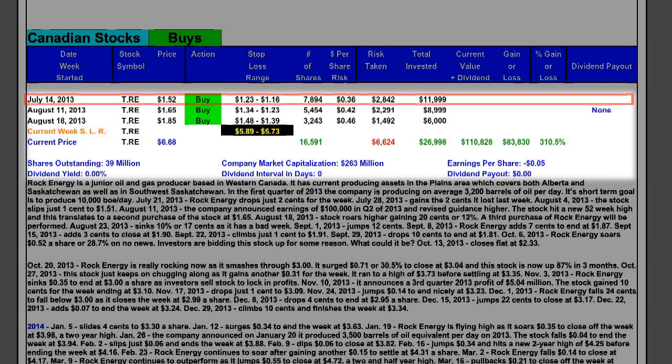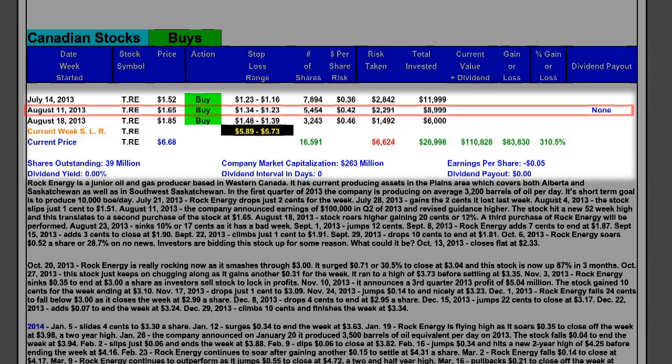$2,842 and an investment of $11,999. The second purchase occurred on August 11th at $1.65 for an additional 5,454 shares, with a further risk of $2,291 and a further investment of